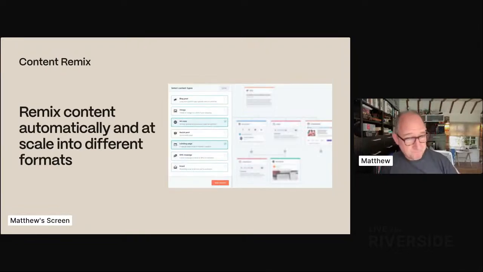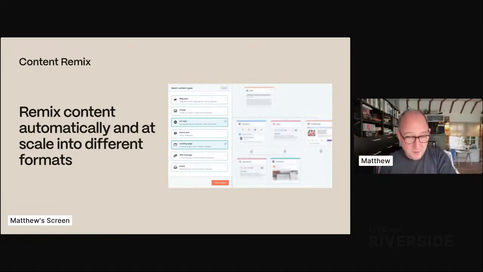Okay. Second area in HubSpot that's really interesting is Content Remix. We have been skeptical about this in the past. I've been a little wary of recommending it. But again, the AI underneath it is getting better. I mean, just look at the difference between the Claude or ChatGPT that you use today and the Claude or ChatGPT that you used a year ago. But also HubSpot's implementation of it is getting better. And again, as long as you are